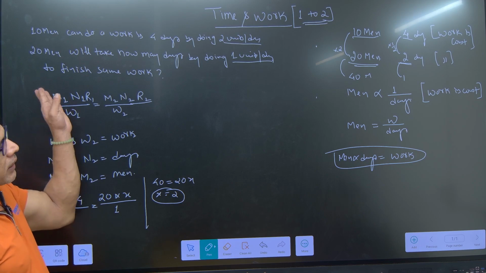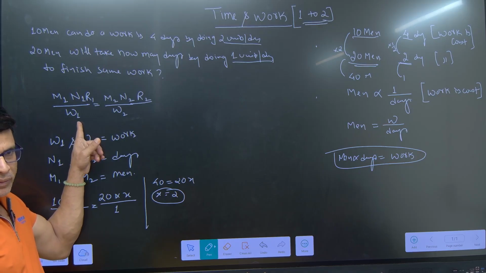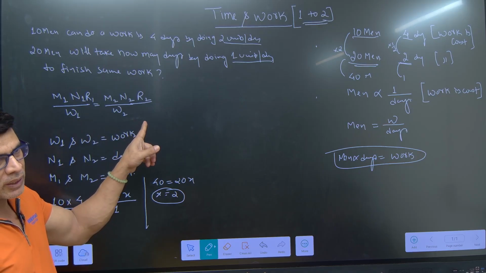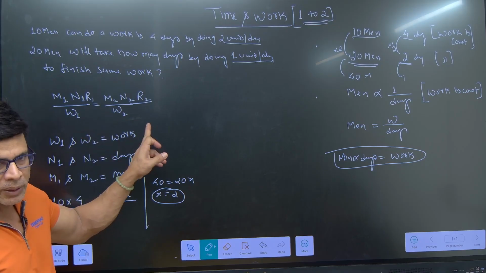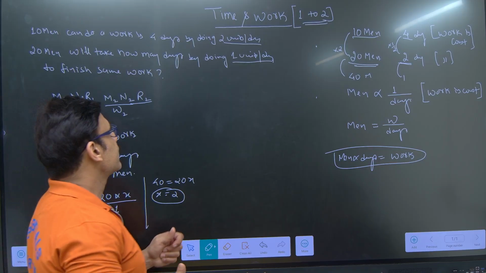If I say work and twice the work or half the work, so in one case, if you are half the work means if you take this as 1, this will become 1 by 2. If twice the work, this is 1, this will become 2. So W1 and W2 you can replace it, right? Remove it. So now in this case,